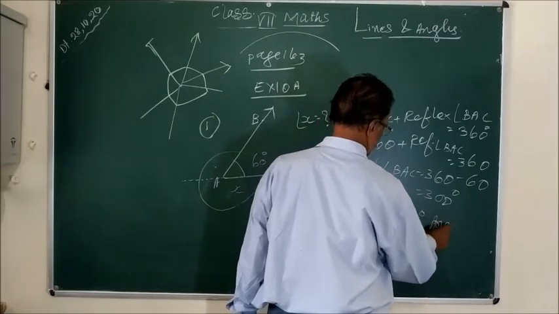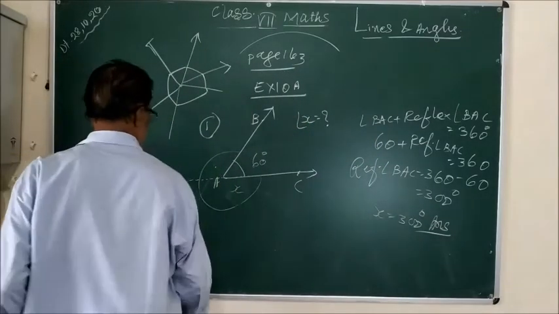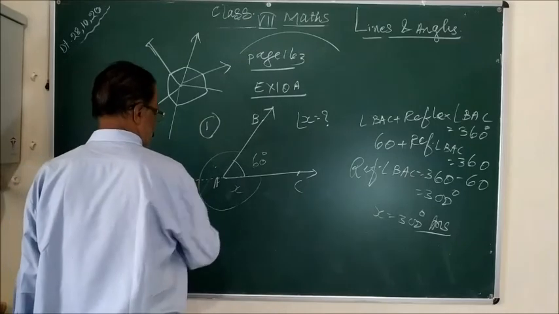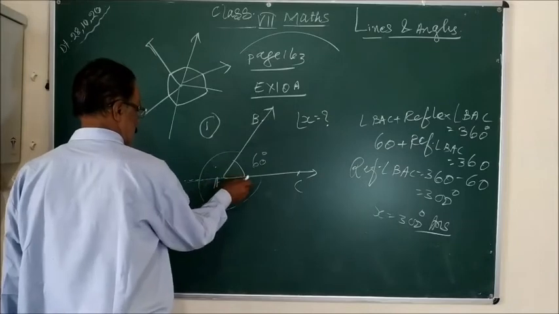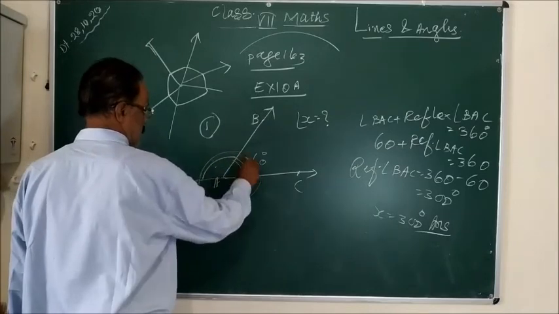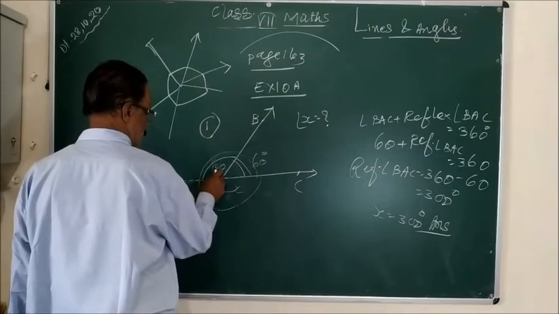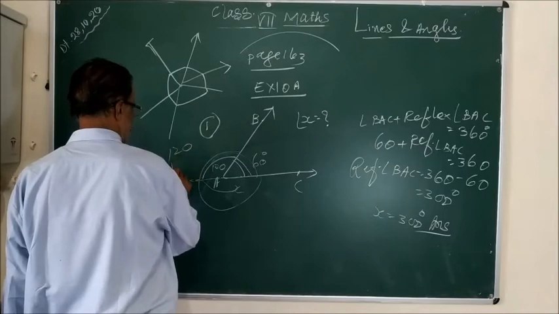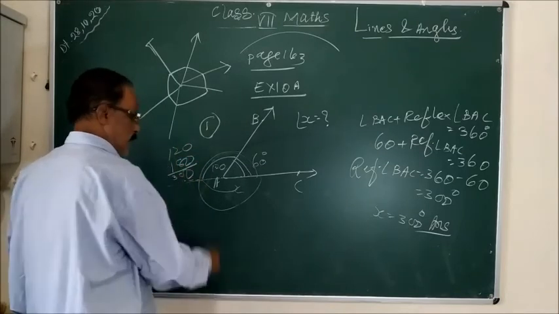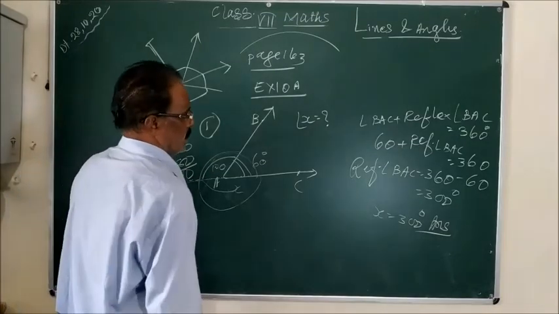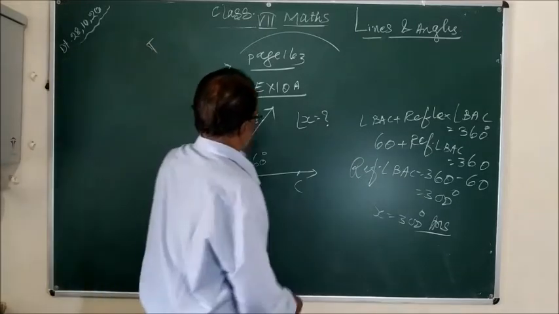That's all. तो समझ गए इस क्वेश्चन में क्या था, रिफ्लेक्स एंगल निकालना है। तो रिफ्लेक्स एंगल अब ऐसे भी समझ सकते हैं, इसको यदि हम यहाँ से एक्सटेंड कर लें तो ये दिस प्लस दिस लीनियर पेयर है, 60 पे कितना आ जाएगा 180, और ये स्ट्रेट एंगल है तो 180 सॉरी 120 एंड 180 कितना होता है 300। तो ऐसे भी इसको निकाल सकते हैं, एंड दिस इज ऑल्सो दिस इज द मेथड।